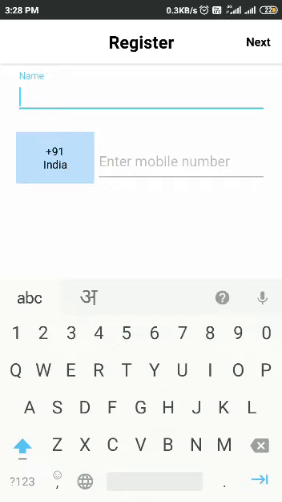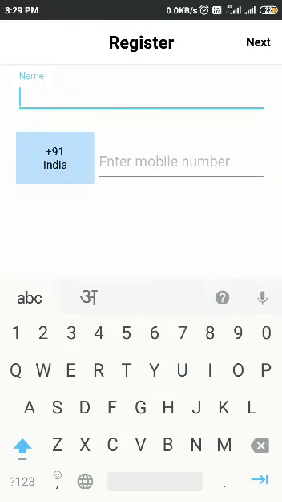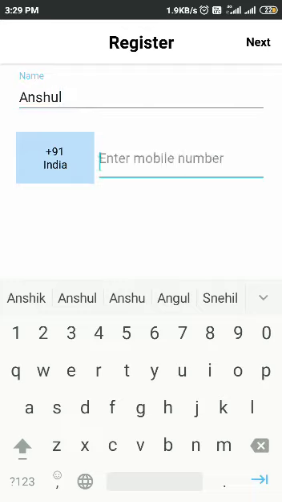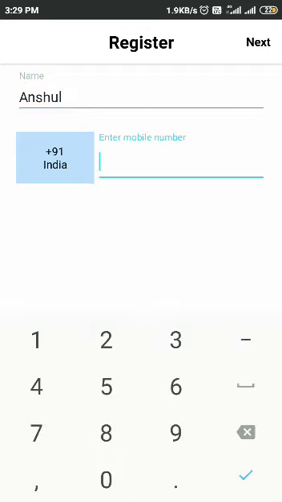So in most cases, like in my mobile as well, it will happen automatically. For the people who are not able to fetch the OTP number, they just need to go to their message box, copy the OTP and paste it in the next step.